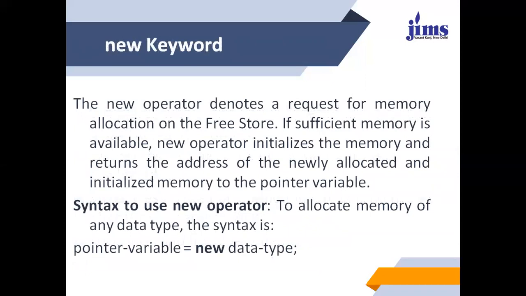Next is the new keyword. Dynamic memory allocation in C or C++ refers to performing memory allocation manually by the programmer. Dynamically allocated memory is allocated on the heap, not on the stack. What are the applications? One use of dynamically allocated memory is to allocate memory of variable size, which is not possible with compiler-allocated memory except variable length arrays.